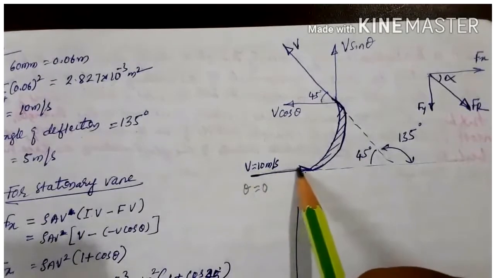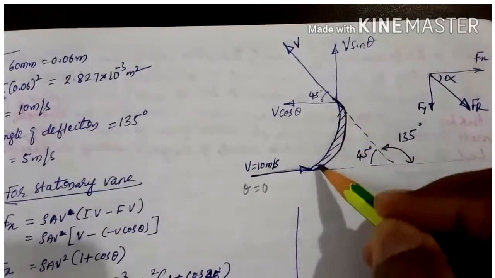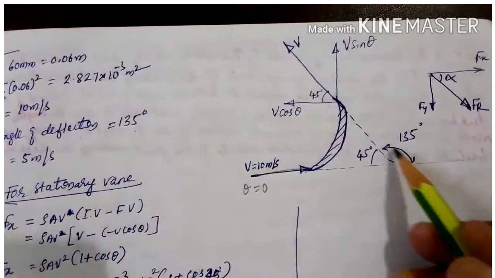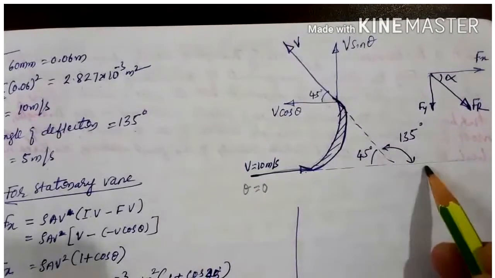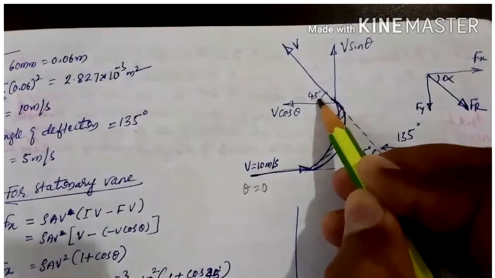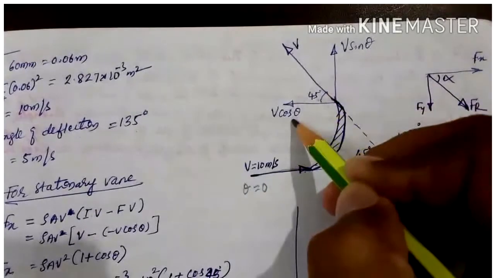So it is entering tangentially like this. After entry, it glides over the surface and exits like this. But the angle of deflection is given as 135 degrees with horizontal, then this angle will be 45 degrees. This angle equals this angle. Then when we resolve this component v, we get one vertical and one horizontal,